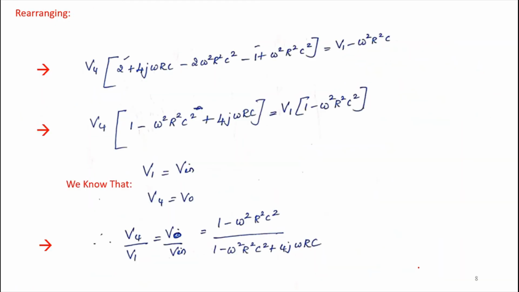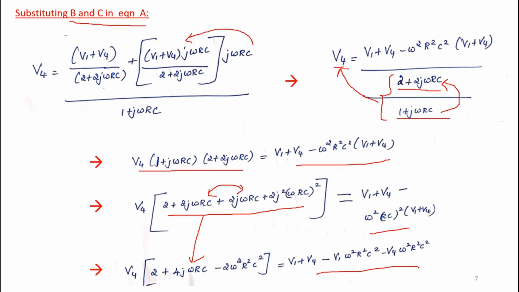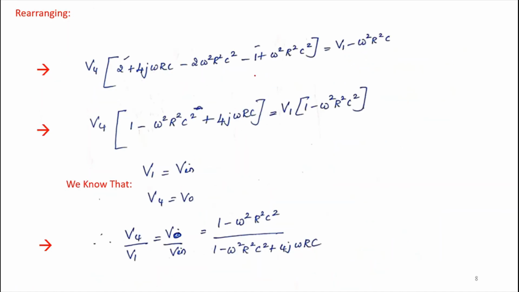Now lastly, the next step is, if you look at the previous slide, on the right hand side, you've got a V4 term here, and there's another V4 term here. So you bring these terms to the left hand side in the next step. So this term of V4 and this term of V4 omega squared r squared c squared is brought to the left hand side. So this equation will be added with the value of plus V4 omega squared r squared c squared minus V4. That is what is done over here, and because V4 was taken outside, this becomes minus 1.